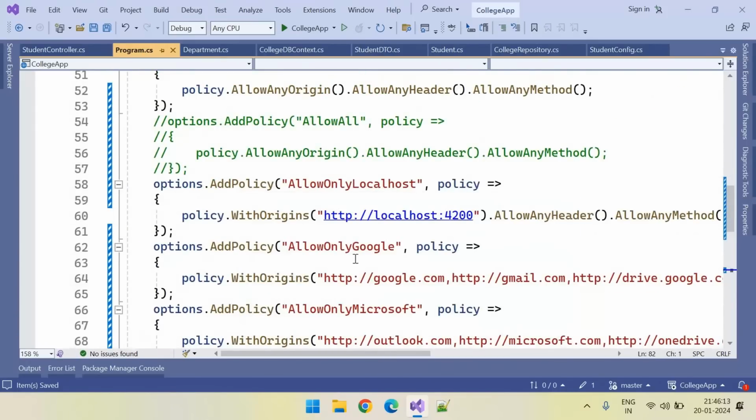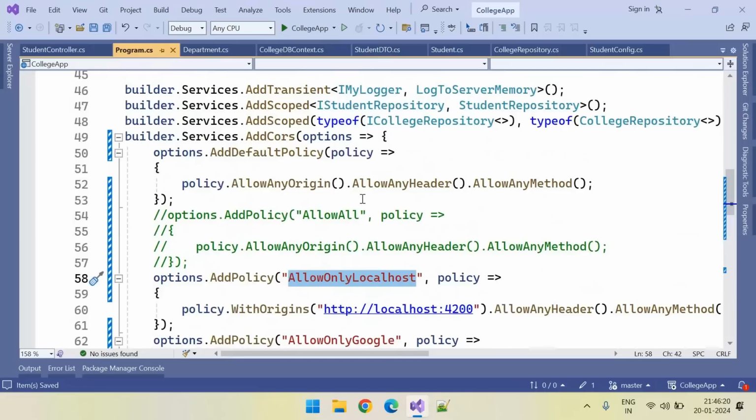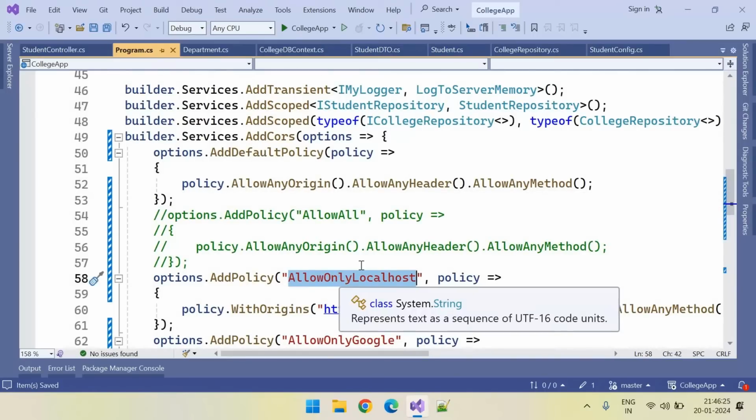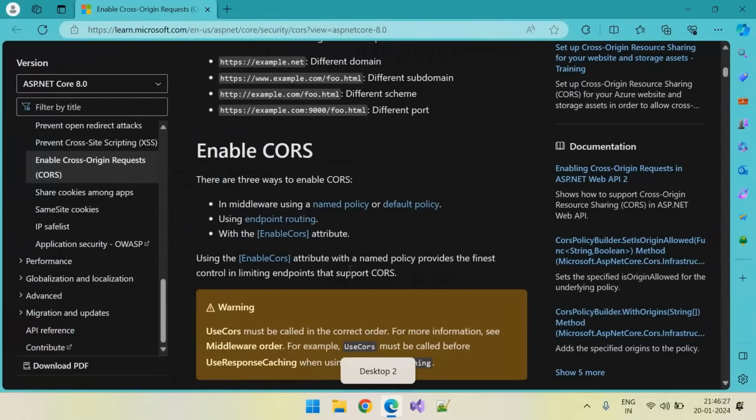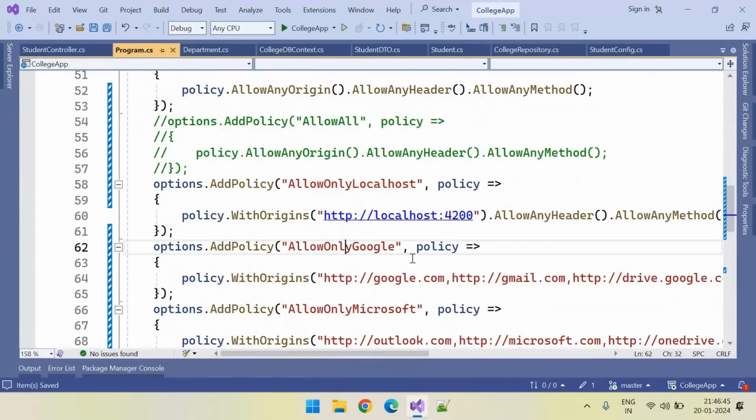So if I want to use this Google or Microsoft or localhost or any other policies, I can directly use them using the attribute enabling. Out of these, we have seen 3 different ways of enabling CORS, right? So we can use these 2 to use multiple policies, right? If I want to use only Google,